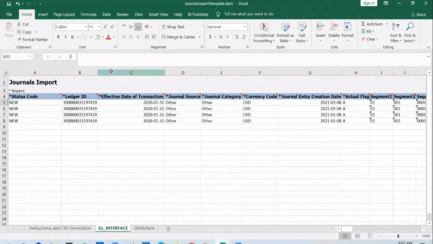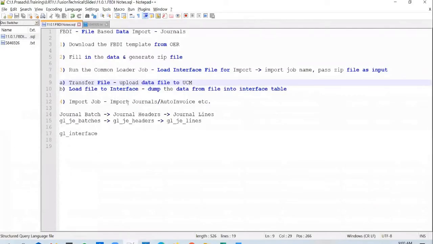Okay. Yes. So, Prasad, a quick question. Maybe you are going to cover the same in debug, but we have two steps. One is loading the file and then loading into the staging table, right, before loading to the actual process. Let us say after the journals are loaded into the staging, if I decide whatever file I uploaded is wrong, will I be able to correct it there? I'll talk about it in the error handling.